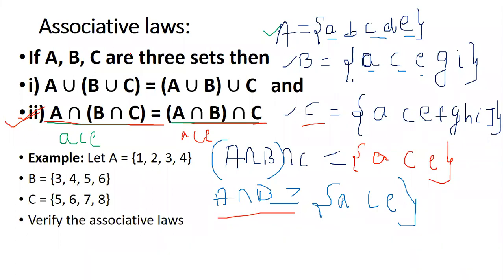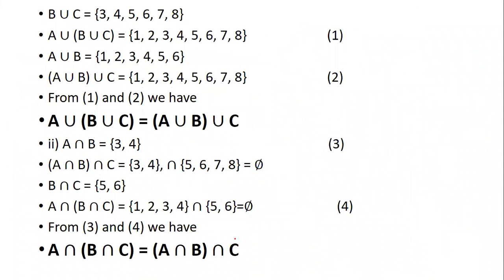The first one will be for union, A union (B union C), and the next one is (A union B) union C, but wherein the brackets will differ. Be careful with the brackets and understand them. The second law will be for A intersection (B intersection C), where brackets will be for B and C, which is equal to (A intersection B) intersection C, where the brackets are for A and B. Now, this is the example for both of the rules. You can go through this and copy it down. We just solved it there directly. Here I've given it also for you to copy down in the notes so that later you'll be able to understand.